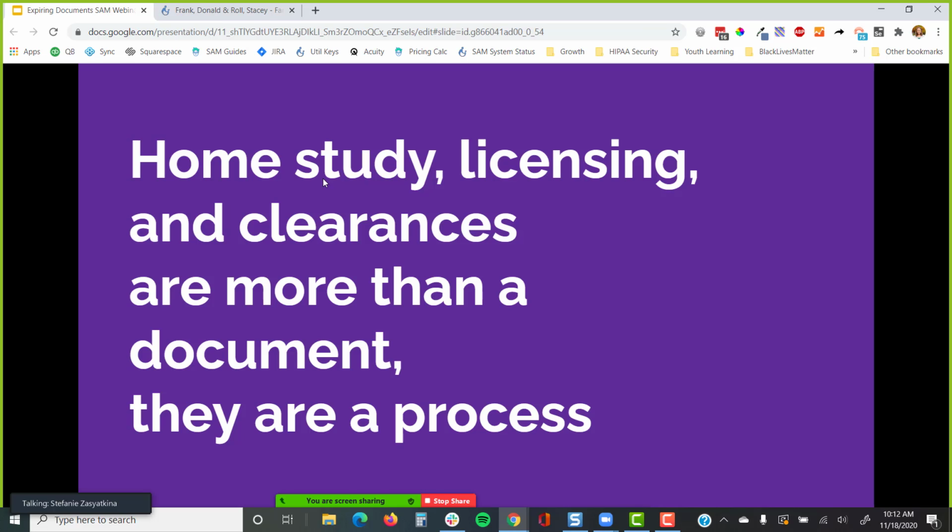Right here, I wanted to make this super clear. The home study licenses, clearances, they are more than a document. These are processes. They take months at some points in time to complete. And yes, absolutely, there are documents, and those documents do expire, but it is an entire process in and of itself. And so it needs to be, I think, separated and used in the record tracking functions that it has